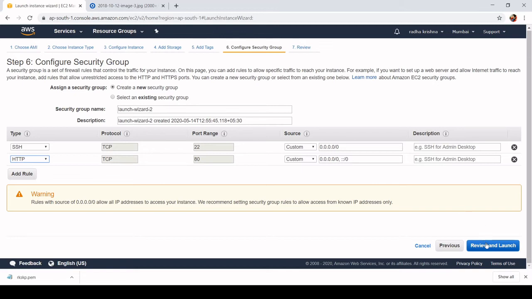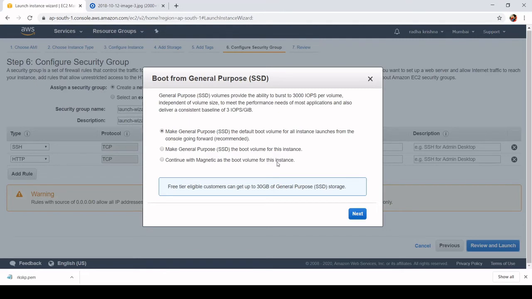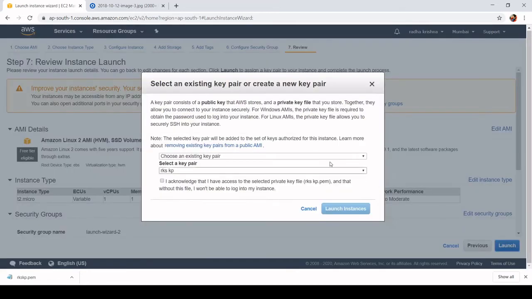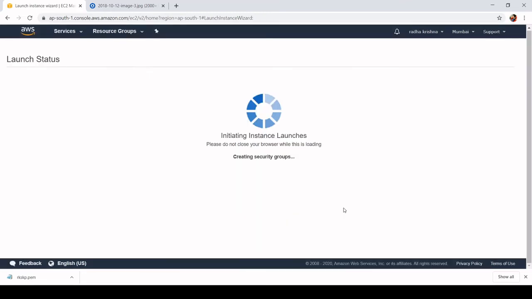So review and launch, and continue with magnetic as the boot volume for this instance, and click on next and launch your instance. And I'm using the existing key pair which I have downloaded for the first EC2 instance. So I'm continuing with it, and I am acknowledging that I'm using the old key pair, and launch instance.